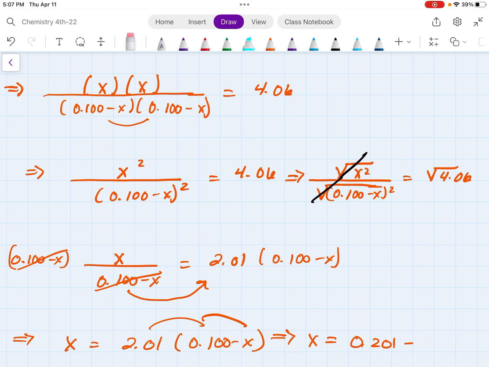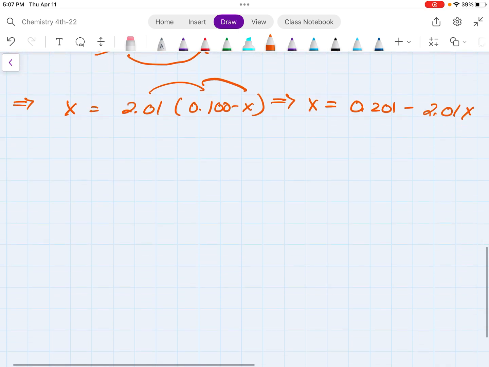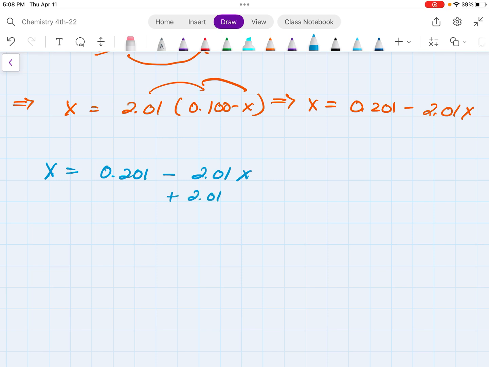A little correction here, I put the decimal in the wrong place. So this is where we're at right now. X is equal to 0.201 minus 2.01 X. Again, all algebra at this point. So now we can combine like terms. If I add 2.01 X to both sides,